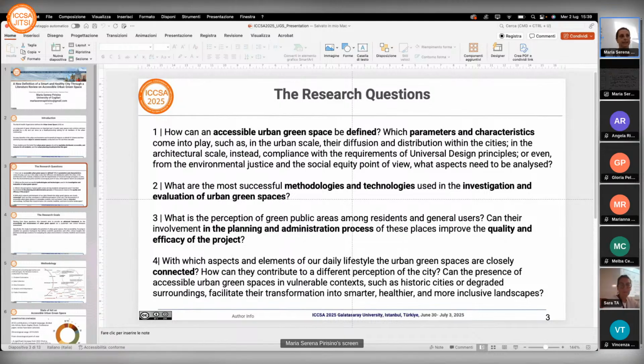The first is about the definition of the accessible urban green spaces. Which parameters and peculiarities come into play at the various scales? For example, in the urban scale, the diffusion and distribution within the city, or in the architectural scale, the compliance with the requirements of the universal design principles. The second,